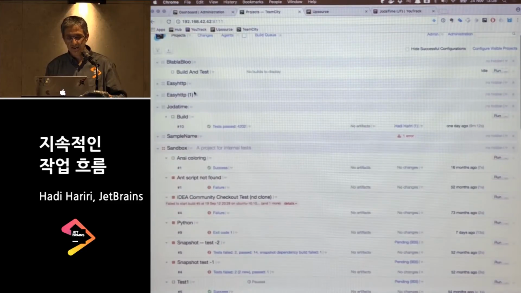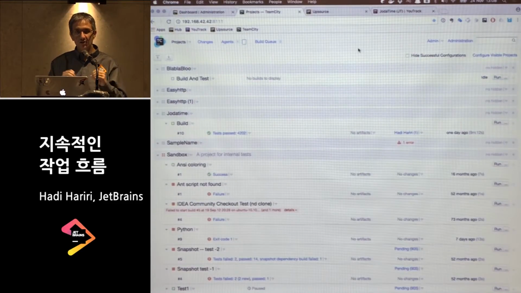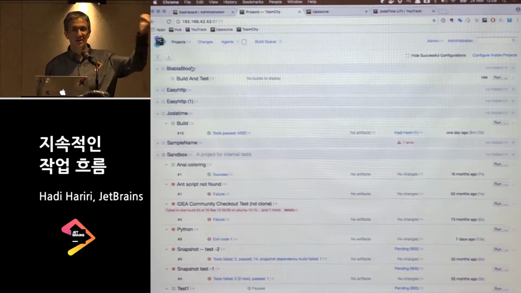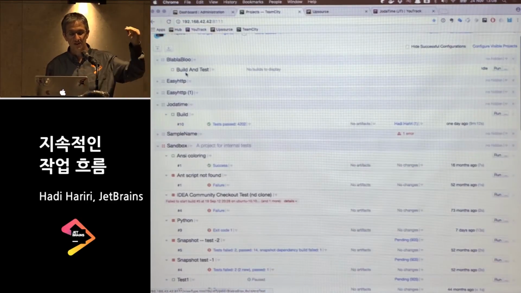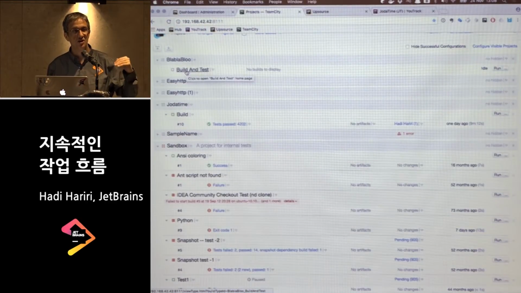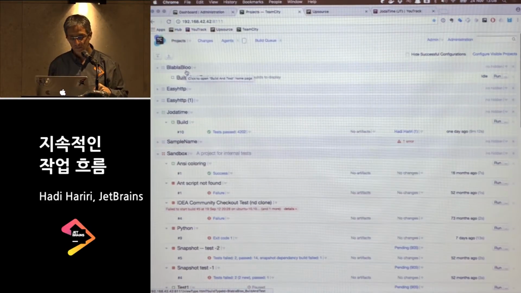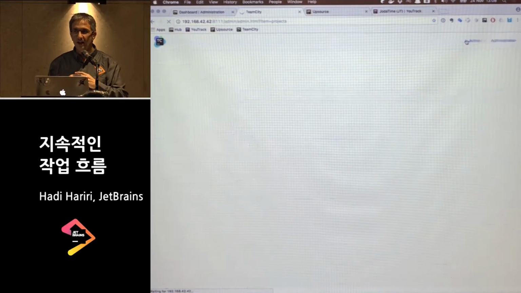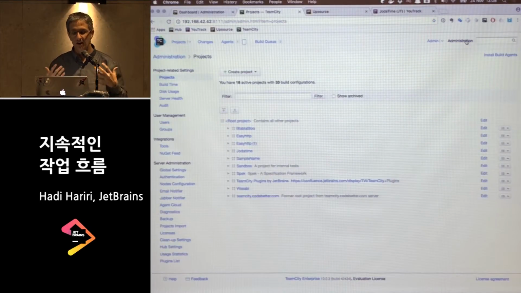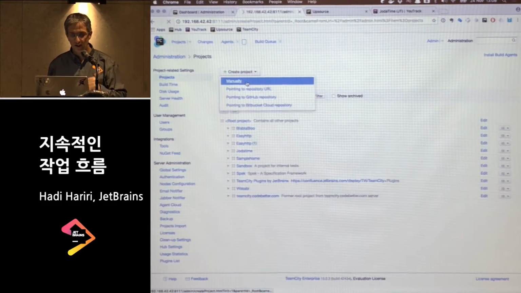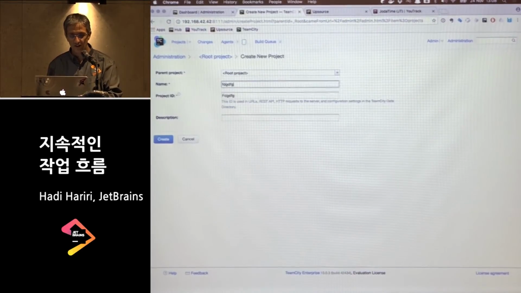TeamCity basically is our continuous integration server that, as I said, goes from a very, very simple build to very large-scale installations. We have this concept of build projects, and then we have the concept of build configurations, which would be the equivalent to jobs, for instance, in Jenkins, right? And at first, it's kind of overwhelming, but I'll show you how easy it is to actually get a project up and running. You can come to Create Project and click manually and start to fill out all of this information